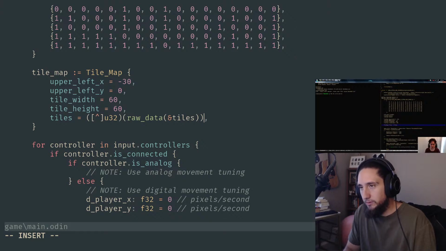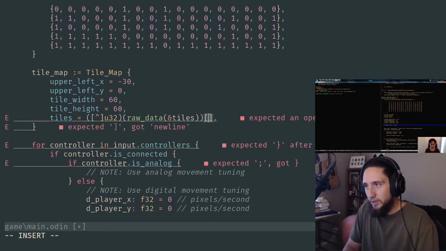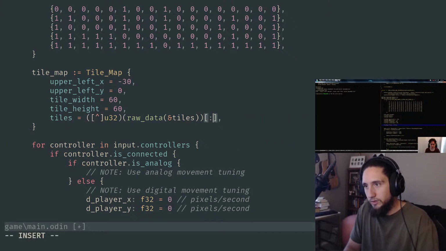It's just the result is different. If you index a slice, you're getting at the element, or you're getting a sub-slice essentially. But if you index an array using that slice syntax, then you get a slice, and it's the same thing with the multi-pointer. So all I needed to do to get this to turn into a slice was